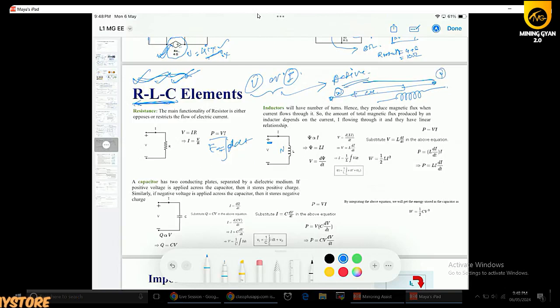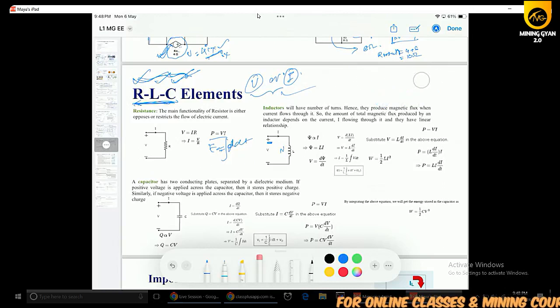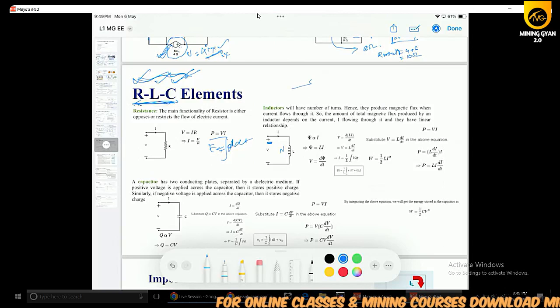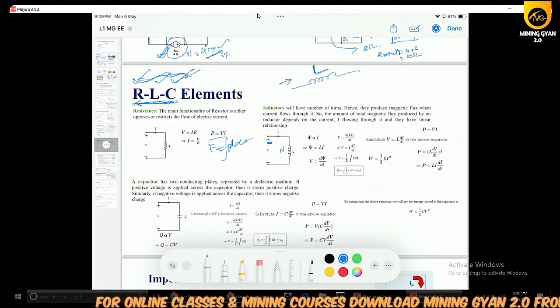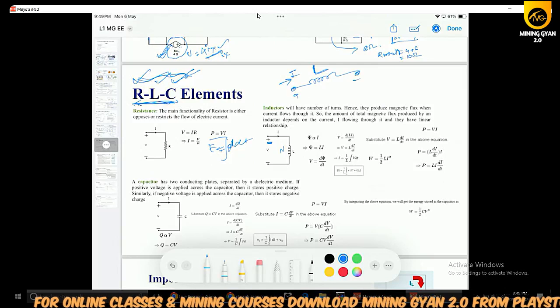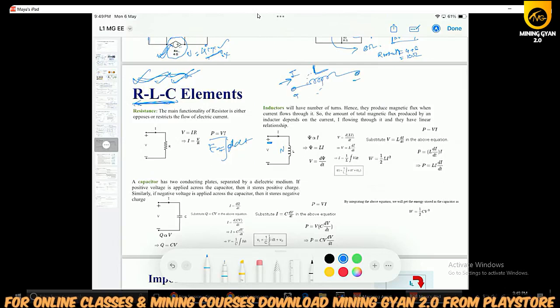These two are the ends. So we can form it like this. This is called a coil, and it has N number of turns. That will form an inductor. Then if we apply the current through it, there will be the formation of magnetic